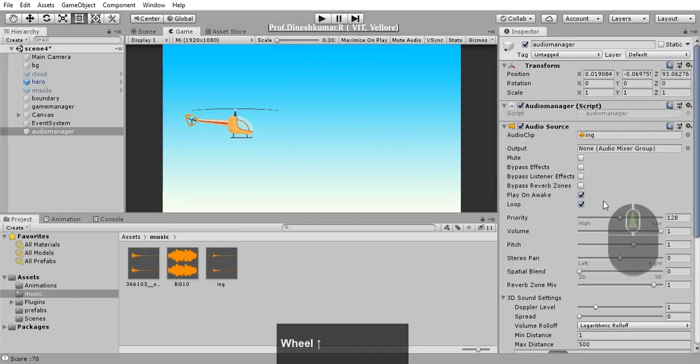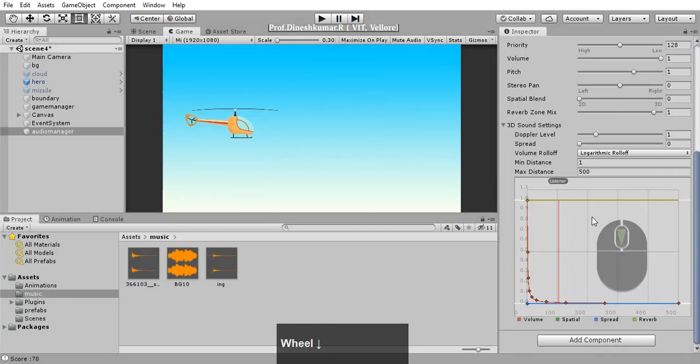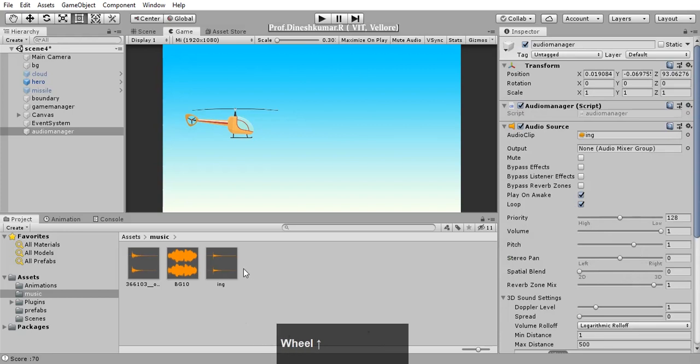Okay, so we have these sounds here. Whereas for my game, I don't need a single sound here. I need multiple sounds to happen, like when a player did something,